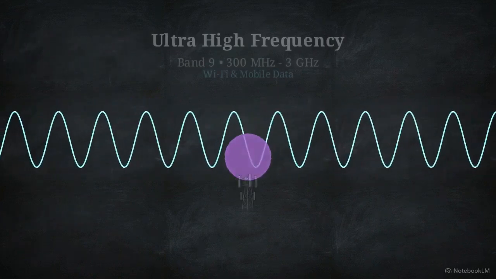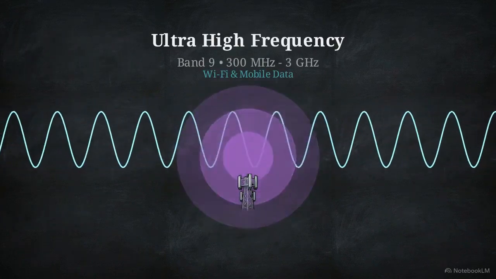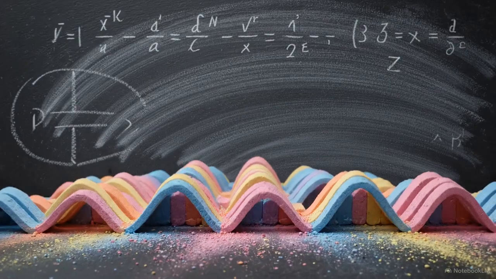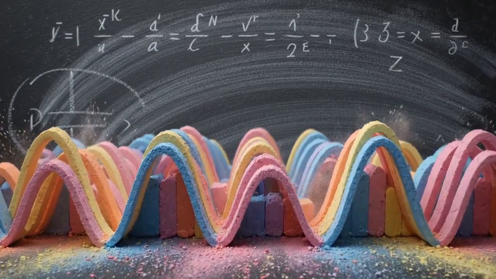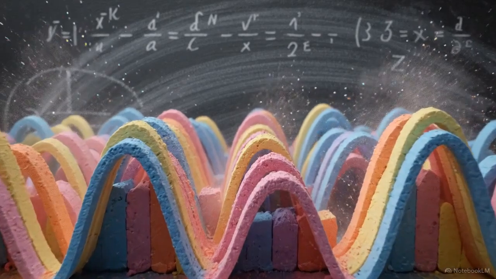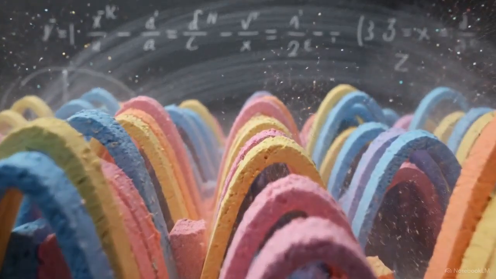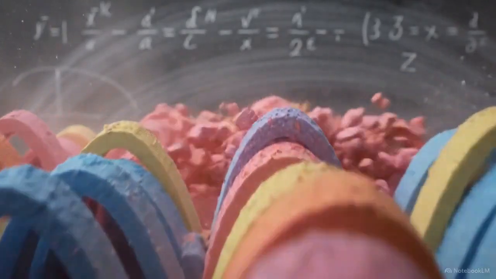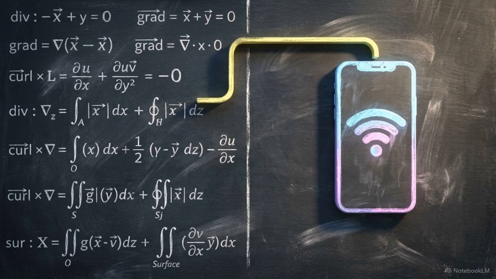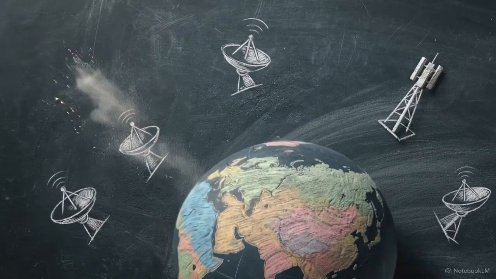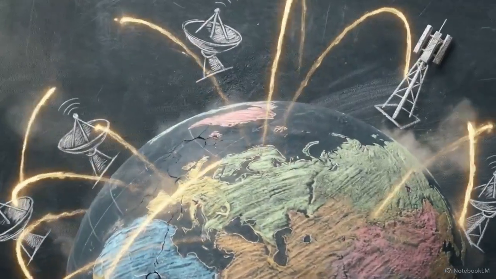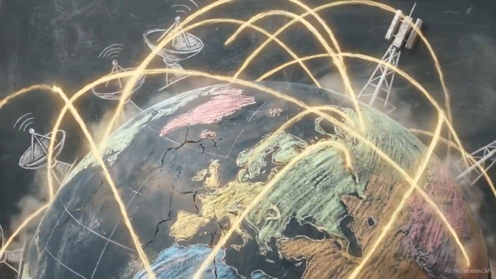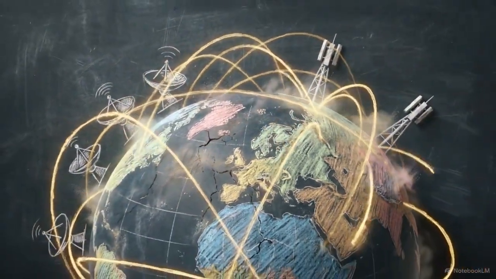Moving higher, the waves tighten into the ultra-high frequencies we use for Wi-Fi, and the millimeter-scale extremely high frequencies that power 5G cellular networks. Even visible light is simply a specific frequency band on this same continuous scale, sandwiched between infrared and ultraviolet. Our wireless technology is the direct result of a century-long translation. It began as a set of mathematical proofs for unified fields and evolved into the infrastructure that now maps the entire electromagnetic spectrum.